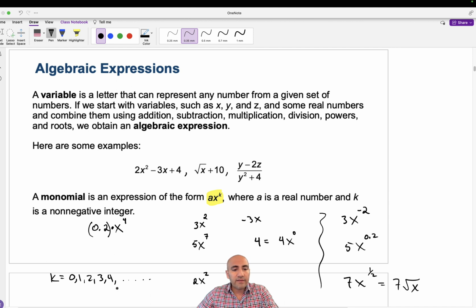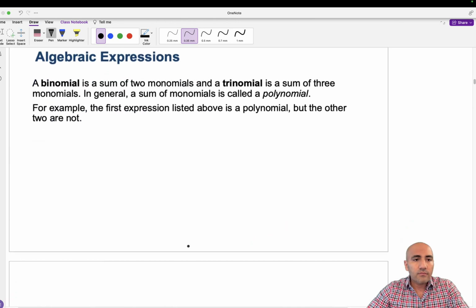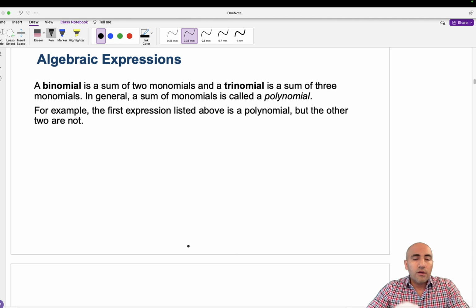A non-negative integer. Okay, so once we know what a monomial is, we can put together additions or subtractions of monomials and come up with algebraic expressions of this form. So a binomial is a sum of two monomials, and a trinomial is a sum of three monomials. Right? We can keep going with that